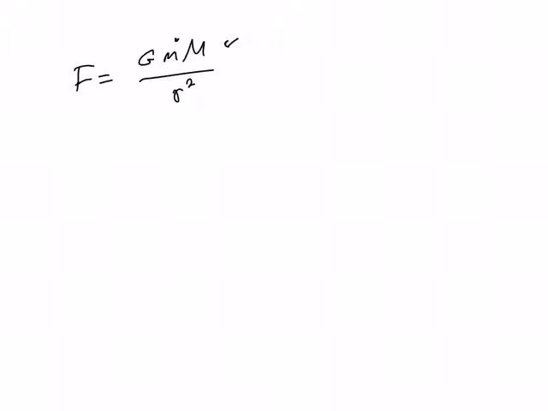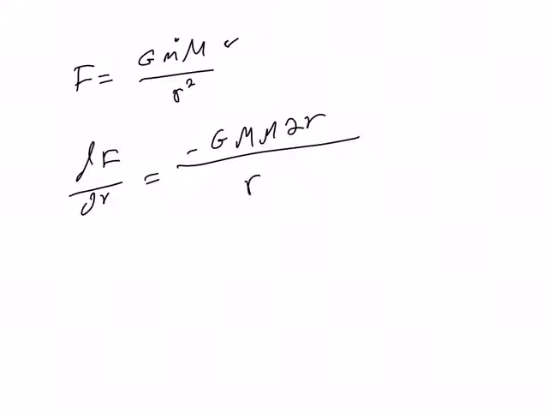So first we want to find the change in the force over the change in r. So we want to know what this is, and now we do use the quotient rule. We're going to get r squared times 0, minus G m M times 2r, over r to the fourth power, or negative G little m big M times 2 over r cubed. So the change in the force is basically getting smaller as r gets bigger and bigger,